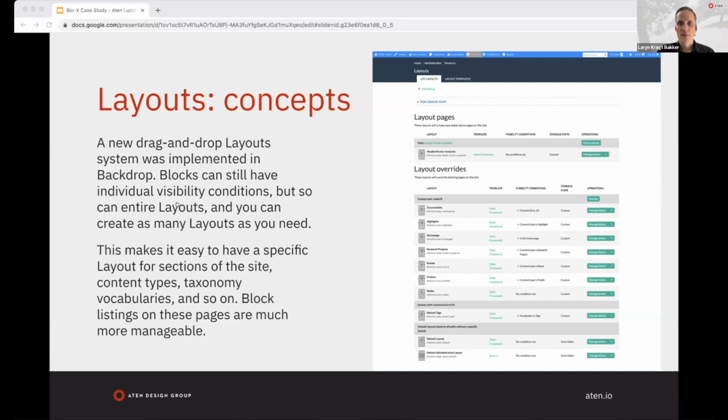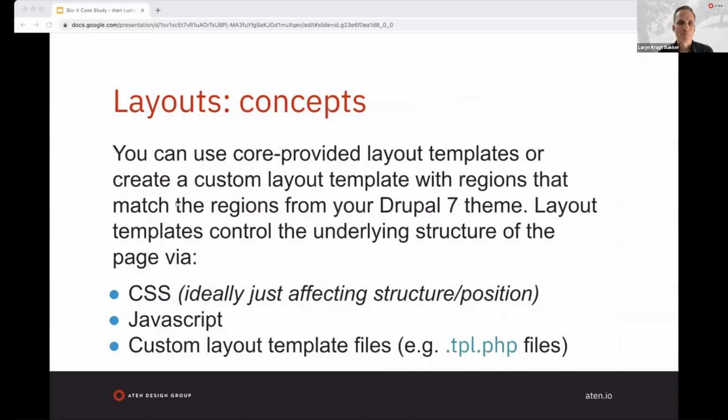So within each of these layouts that have potentially visibility conditions, you place the blocks on the page, and the blocks themselves can again have their own visibility conditions. So, if you're looking at a layout for the blog, you can also have a block that only appears on a subset of the blog content. And as far as the layout templates, you can use the layout templates that Core provides. You can create custom layout templates in code. And there's even an interface that you can build flexible layout templates directly in the Backdrop user interface,